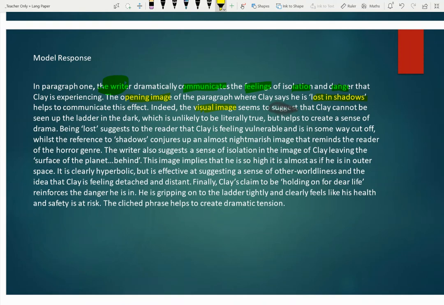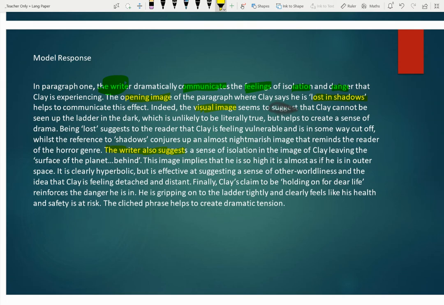I've identified it as an image. I've shown that I understand what it means literally, but also how it works in a more connotative sense. Now I'm going to move on to my second language choice. The writer also suggests a sense of isolation in the image of Clay leaving the surface of the